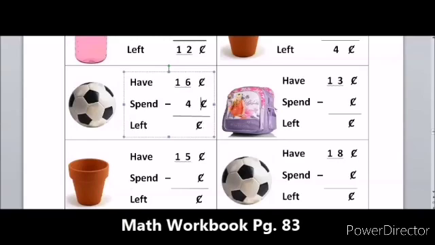So 6 minus 4, how much? 2. 6 in mind, 4 in fingers. Before 6, 5, 4, 3, 2. So 2 and 1 you have to write as such. So the answer is 12 cents. So now how much is left out with you? You have 12 cents with you.